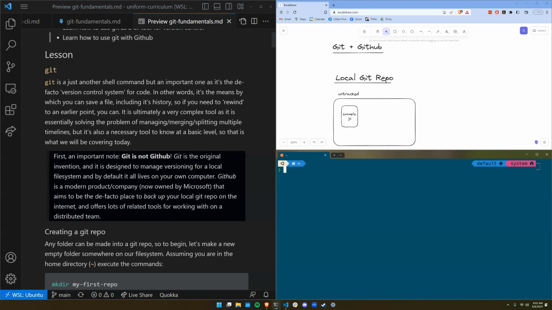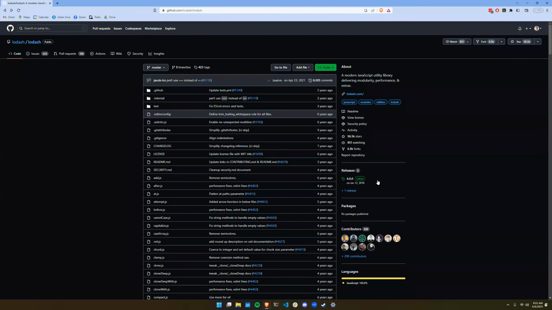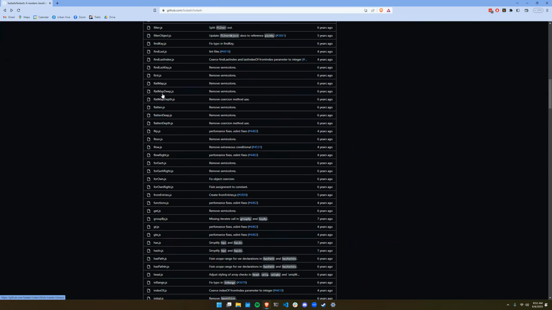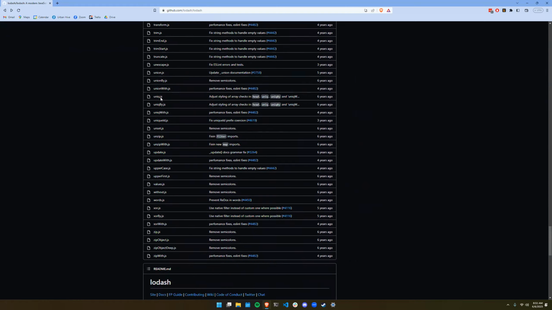But to get a feel for this, the first thing I want to do is look at GitHub. So here we have GitHub, and I just opened this random repo called Lodash, which is a JavaScript utility library. It just gives you lots of useful functions. And let's just look at this page for a second. The first tab we see is code. And that is where it's going to represent our code. And this is all the code. And as you can see, it's a lot of files. In this case, they're all at the root